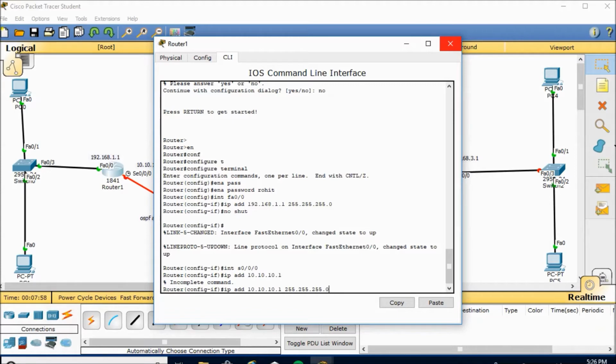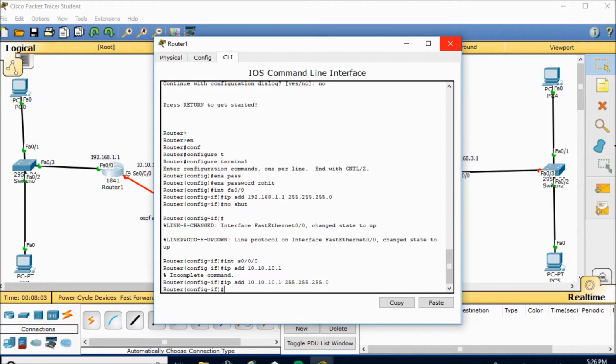Because we are subnetting, we increase the network, so that's the reason we are putting here this 255. By default a class A IP address is 255.0.0.0, but because we subnet our IP, that's the reason we are putting here 255.255.255.0, a C class IP address subnet. So now we run the command no shutdown,